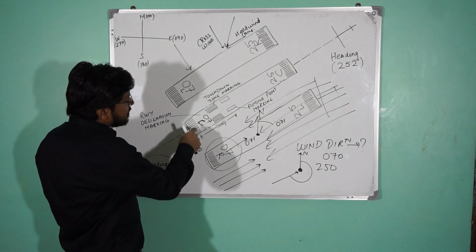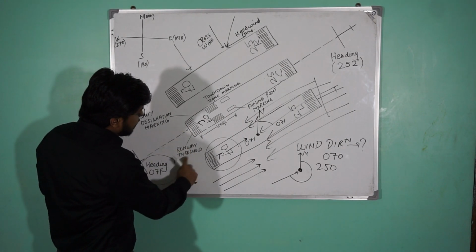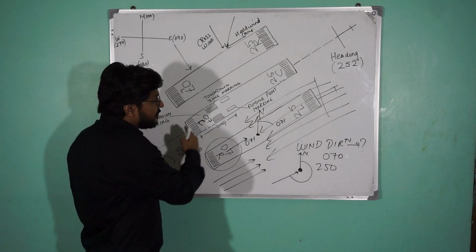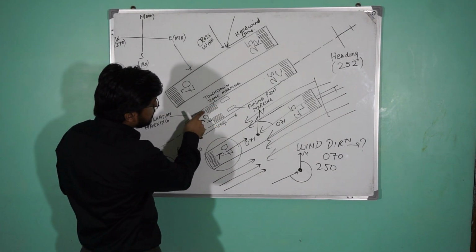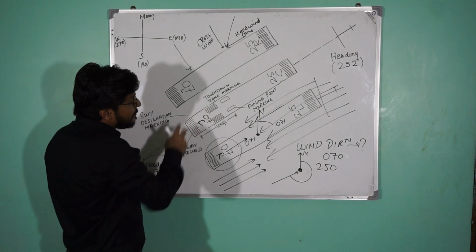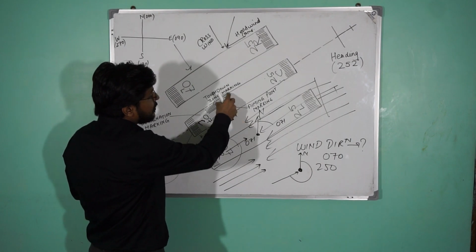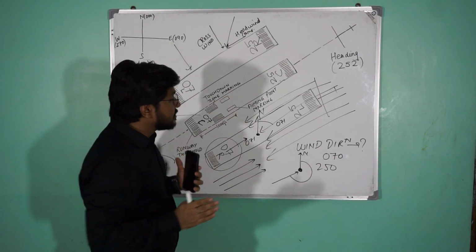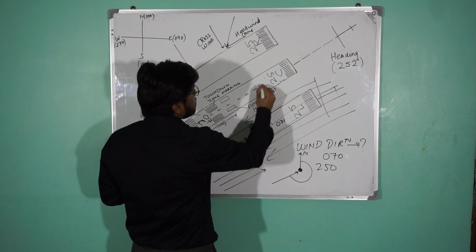In these runway markings, this part is the runway threshold. That means from this point the runway is starting, and this is the touchdown marking. You can see here 3 stripes on the left side and 3 stripes on the right side. That means this is the touchdown marking, and then you will get these strong white markings on the other side of the runway center line. This is the center line.